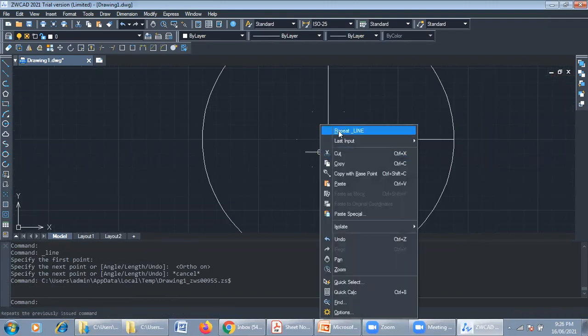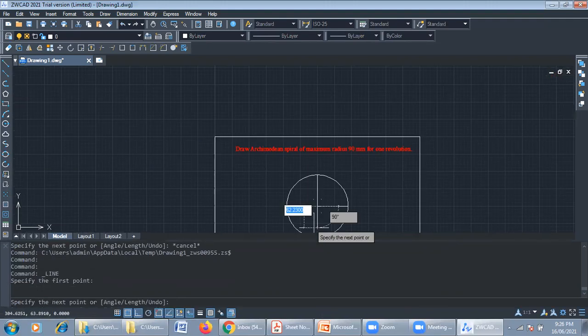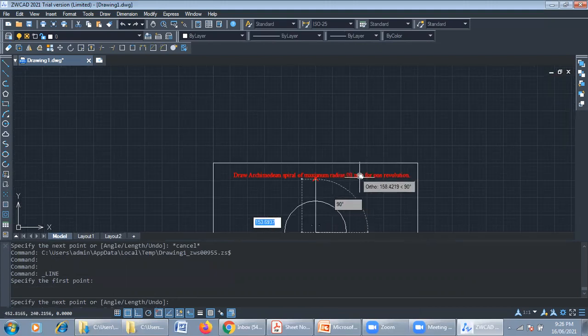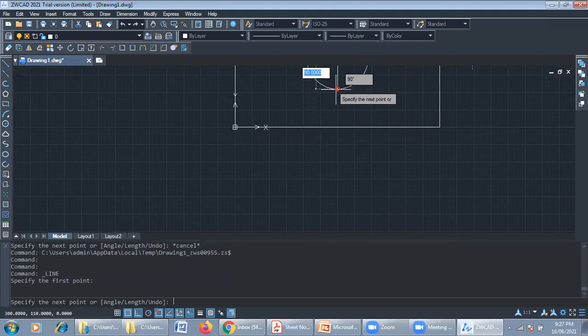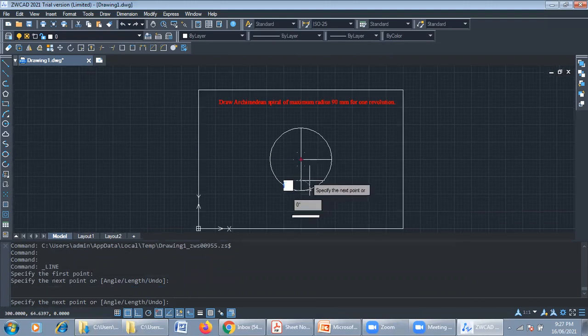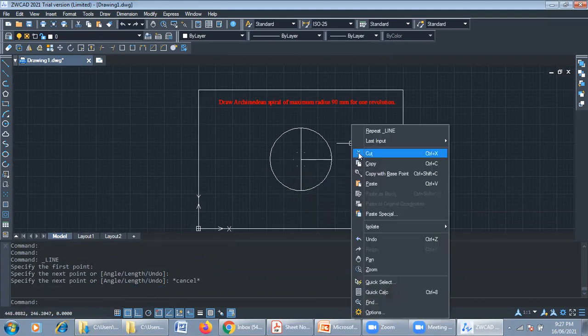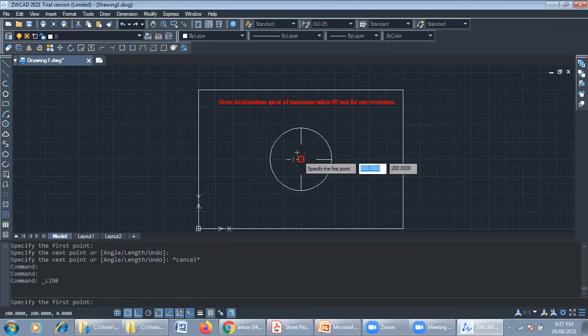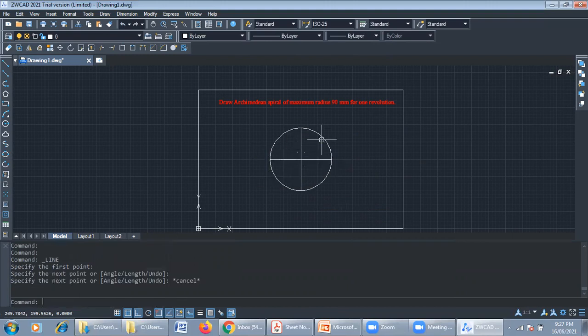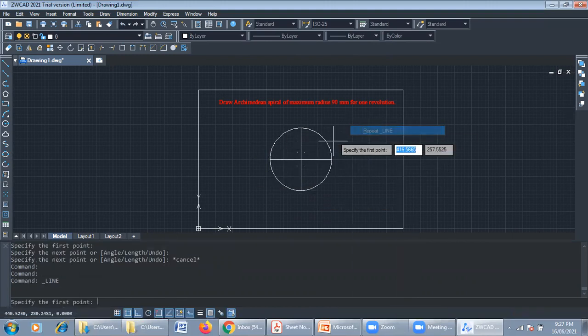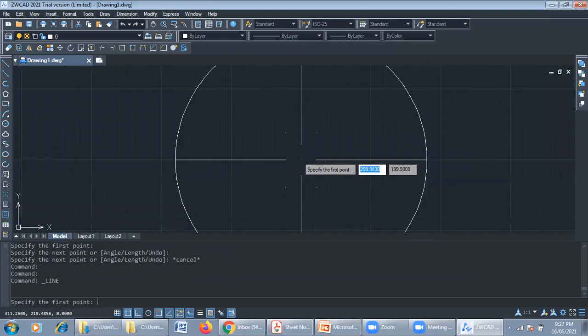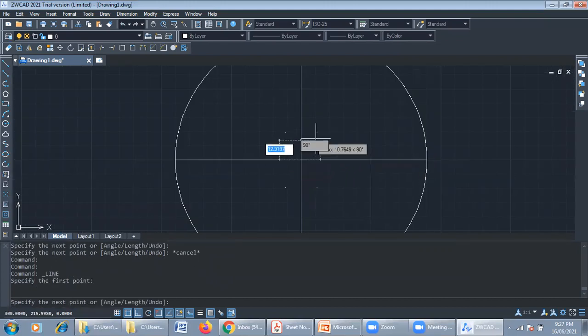Similarly, right click to repeat the line command. Similarly, the same concept you can use. As you can see, the circle is divided into 8 equal parts, 4 equal parts.